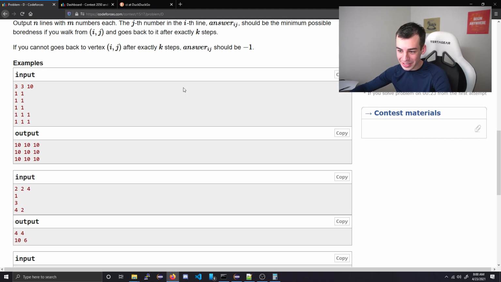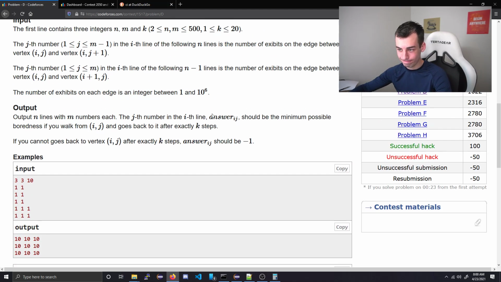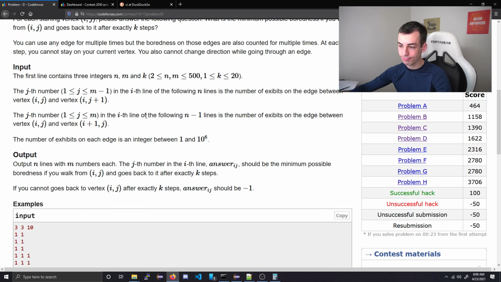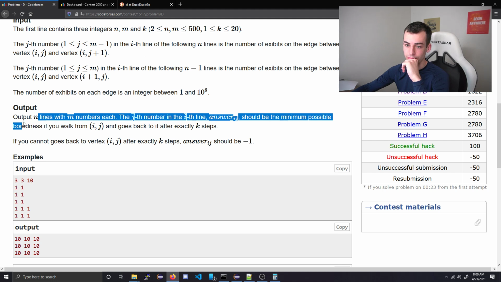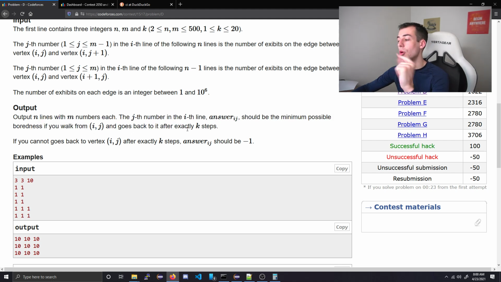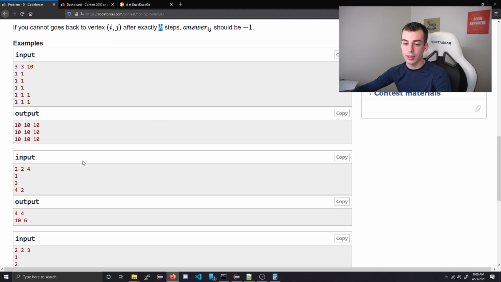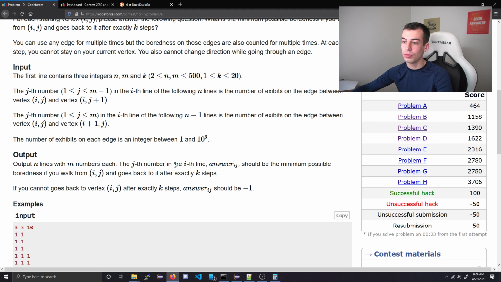Looks like our runtime to me. Yeah, so if we have dp at x, y, time, you have some pretty boring choices, I think. Oh, you have to go back to it. So what if k is odd? Yeah, if k is odd, it's -1 for everything. If k is even,